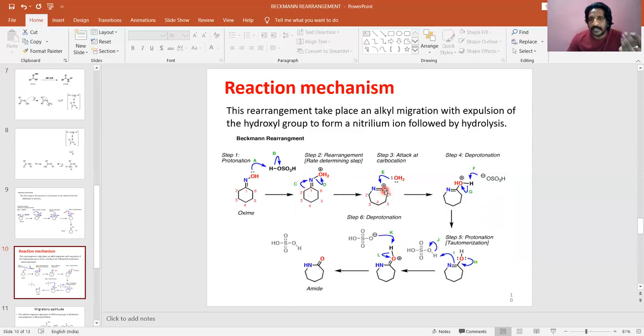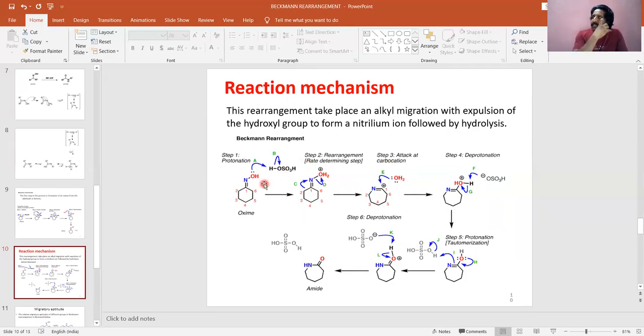Now what is the next step? The water molecule which was eliminated in this step will be added over this carbon, which is bearing a plus charge. So now we added OH2. Now oxygen has a plus charge because the non-bonding electrons of oxygen are used. Now H2SO4 remains as HSO4 minus now. So we added one acid.